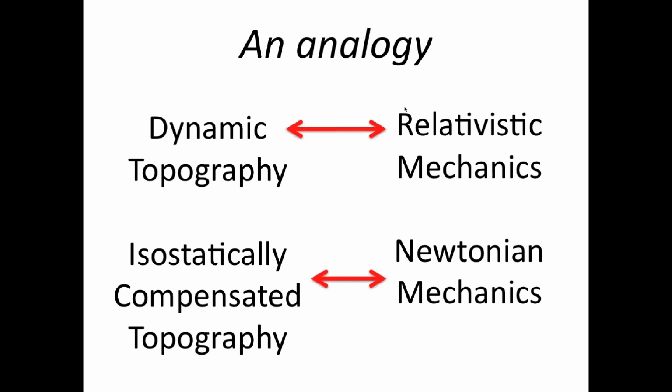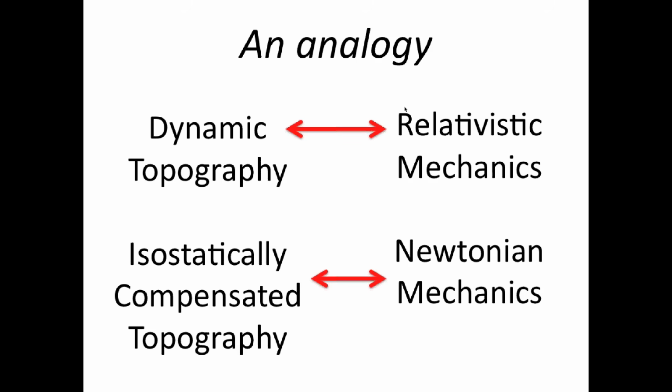Now, I'd like to give you an analogy that bears on this, I think. Dynamic topography and isostatically compensated topography. Hager's definition of dynamic topography includes all of this. Well, if you know relativistic mechanics, you know all of Newtonian mechanics. And there are probably a couple of you in the room who need to know relativistic mechanics. Tracking satellites, you have to know that. Most of you don't, and I would argue most of you don't need to bother with that. This is good enough for most of what we do.